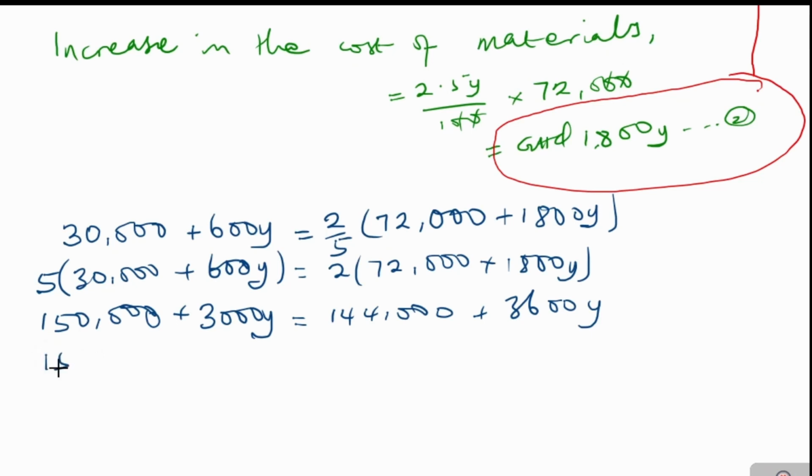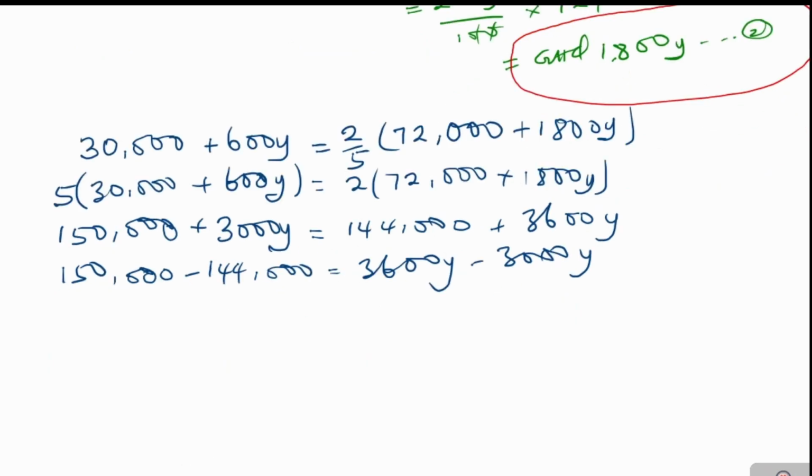Then grouping like terms, we're going to have 150,000 minus 144,000. That will be equal to 3,600y minus 3,000y. Simplifying further, 150,000 minus 144,000 is going to give us 6,000,